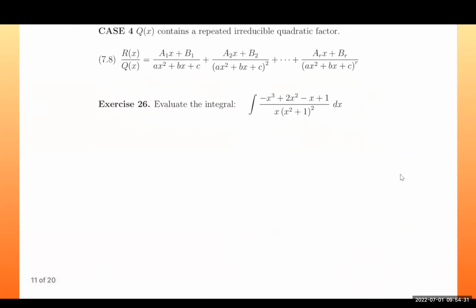All right, case number 4, here we go. So case number 4, first let's check the degrees. The degree of the top is 3. The degree of the bottom, that's 4 times 1, that's going to be 5. So the denominator has a higher degree than the numerator, which means we don't have to do long division. All right, so let's rewrite this as,